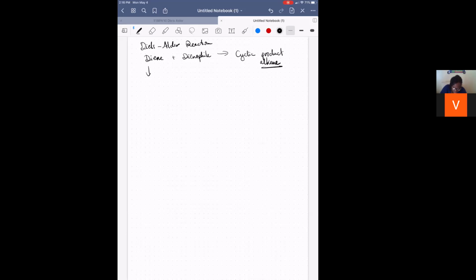When we think about dienes, we're looking at a system where we have two conjugated double bonds. So we're looking at conjugated pi bond systems. For dienes, some common dienes that you may see are just a plain diene where we have our double bond, single bond, and then another double bond. Another common diene that you may see, we can start adding substituents to our diene, and add a methyl group to one of the carbons in our 4-carbon chain. You may also see cyclical dienes, where we have our conjugated system of a double bond,